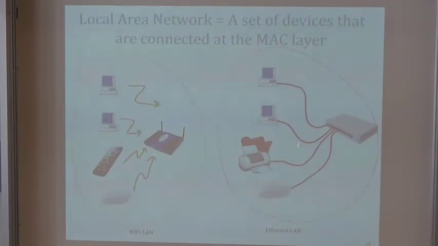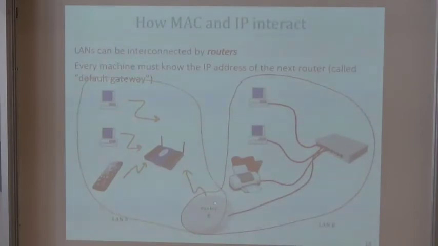For example, here are two distinct local area networks. If the picture is exactly this one, they cannot communicate with each other. If you want them to communicate with each other, you use the internet, which practically means here, you put a router. The router is on both local area networks, so this router needs a Wi-Fi interface and an Ethernet plug, an Ethernet cable to the switch, and then the router will be the thing in between.